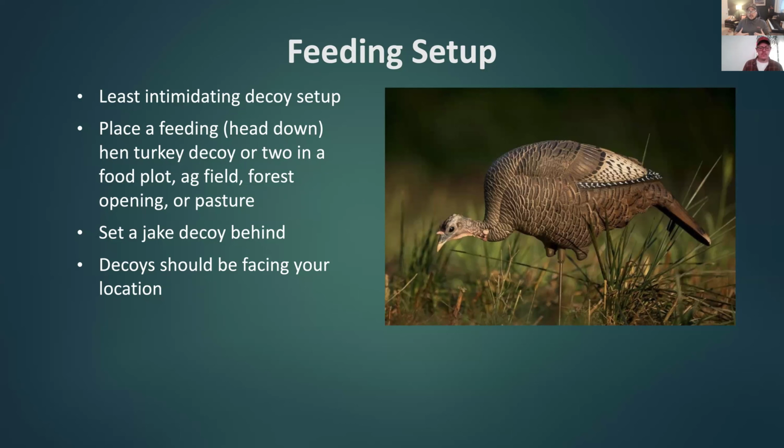We want to try to match. If you've been fly fishing, you've probably heard the term match the hatch, where we want to use flies that are mimicking what some of those natural insect blooms are at the time. I view decoys the exact same way. Turkey breeding behavior is very up and down. You'll have days where it's very hot. You'll have days where it's kind of less. So you want to match that to the best of your ability.